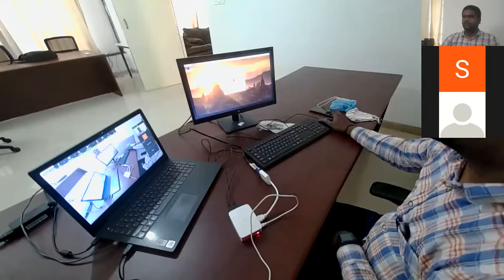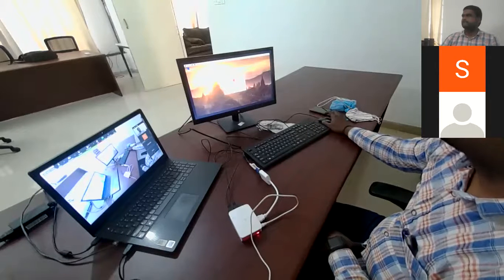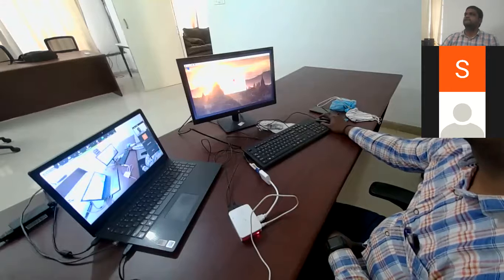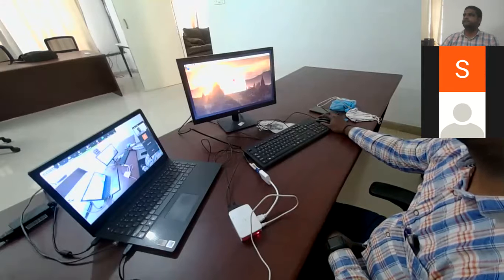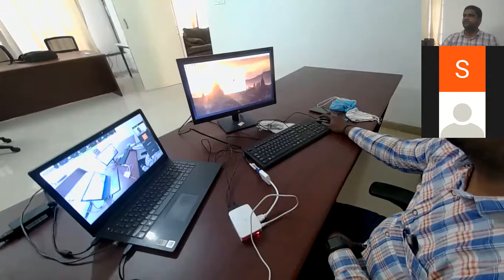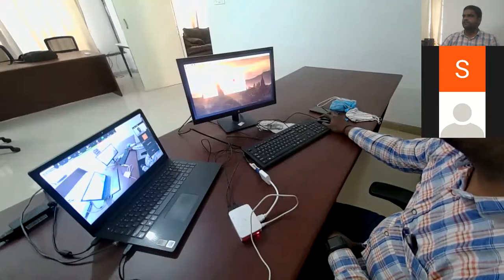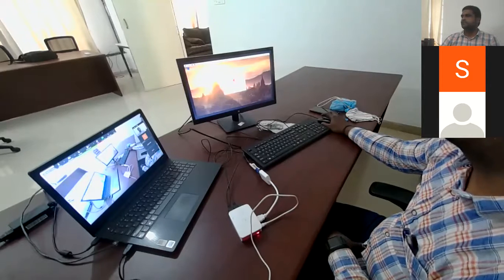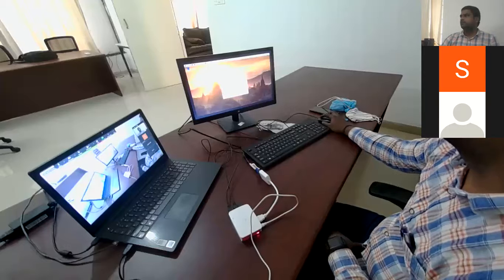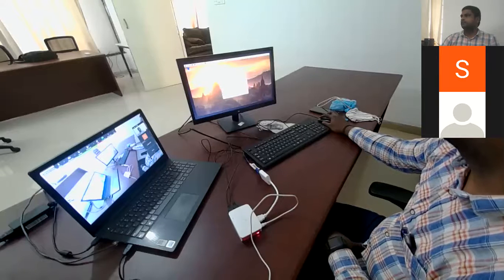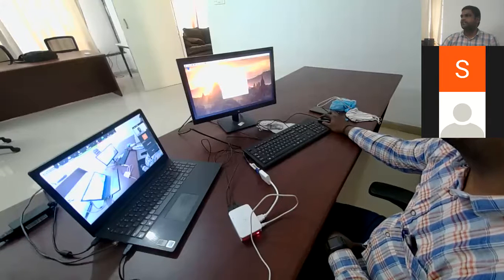Okay. First I'm going to preferences. We have Raspberry Pi configuration. In Raspberry Pi configuration, we have an interface, that is VNC.